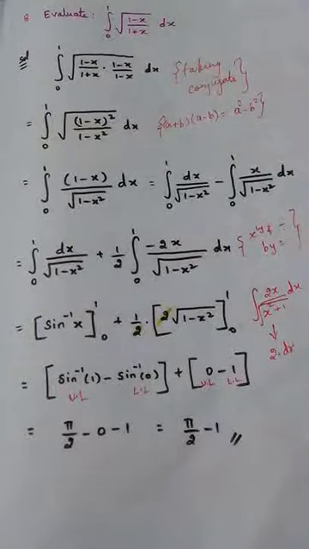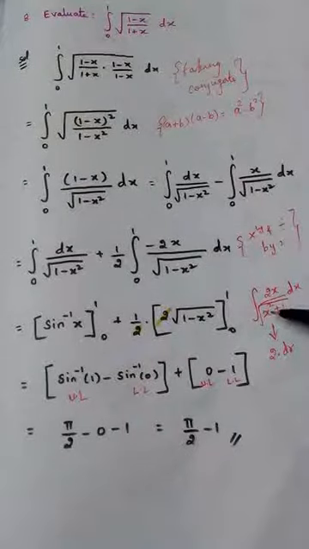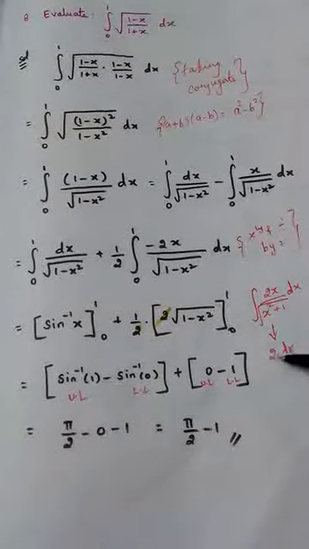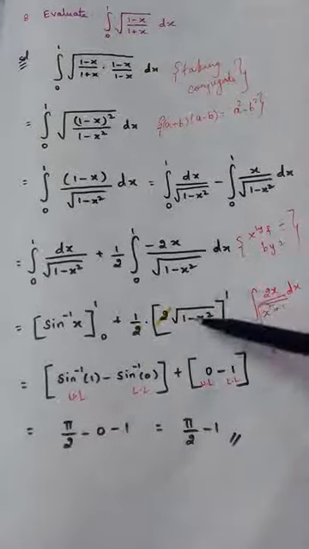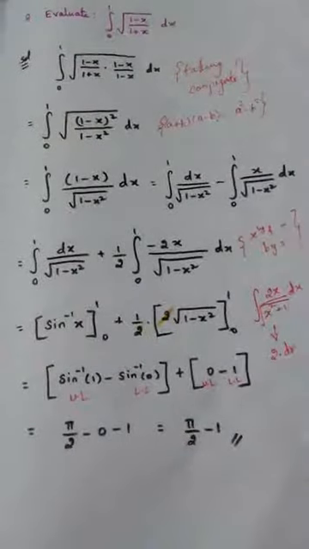So the only thing that we should know here is this concept. When we differentiate this, the answer should come in the numerator. At the same time, this should be present in a square root. If that is the case, the answer for such an integration is 2 times the denominator. That is what is used here. Next problem.